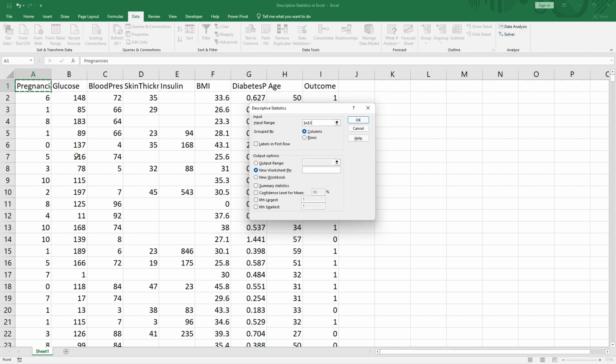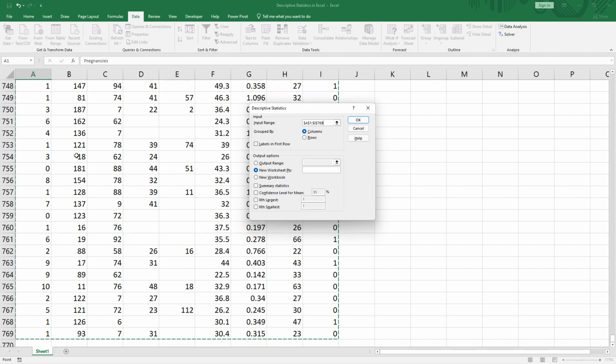Now how to select the complete table? I'll hold Control and Shift and press the right arrow on my keyboard, and this goes to the rightmost part of my data, and to go to the bottommost part I'll hold Control and Shift and hit the down arrow. As soon as I hit the down arrow, this particular table gets selected.